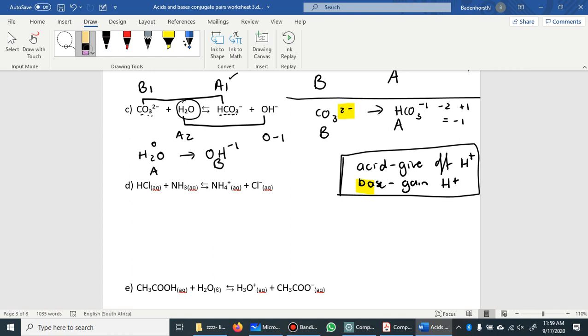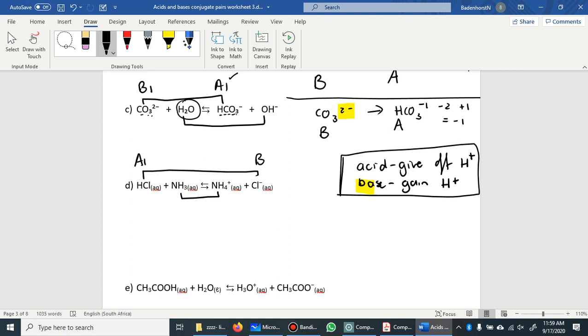Okay, going on to substance D, let's just erase all this so we have a bit of space. Okay, so substance D, HCl becoming Cl, and NH3 becoming NH4+. So HCl, in order to become Cl, will have to give away a hydrogen that makes it an acid, and this forms the base. NH3 to become NH4, NH3 would have to gain a hydrogen, which makes it a base,